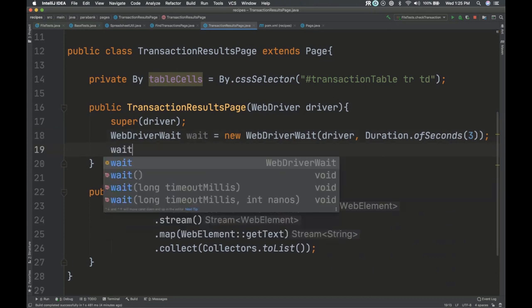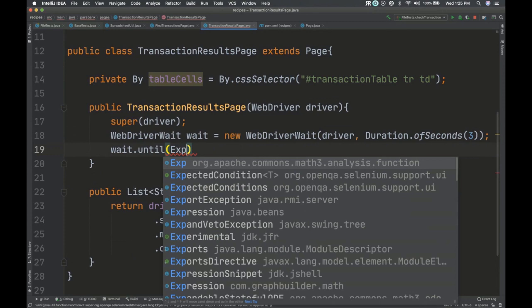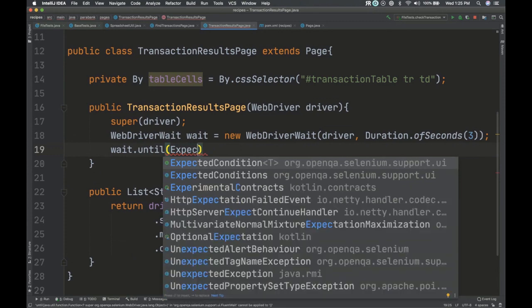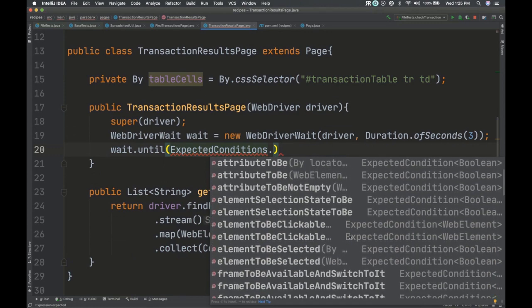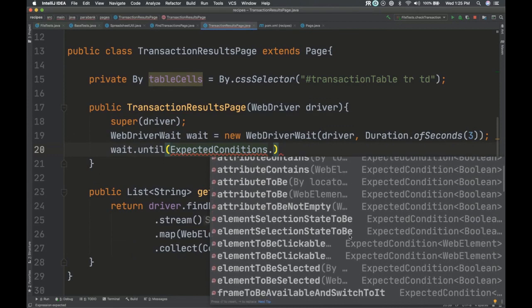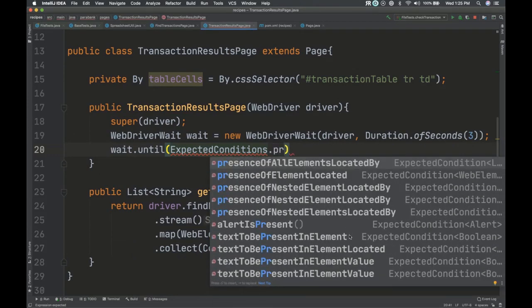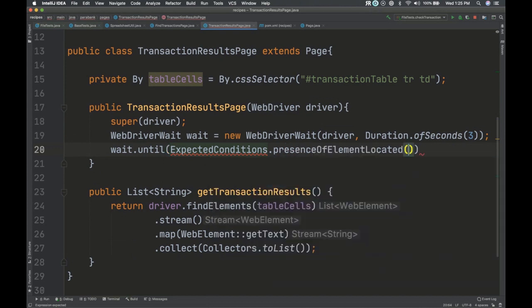And then I'm going to wait until we use ExpectedConditions. Yeah. So then you have all of these conditions you can wait for, which is nice. So I basically want to wait until that table is present. So I think there's something called presence. Yeah, presenceOfElementLocated. And then you give it a By. So I'm just going to say this is the By. I can wait for the whole thing, really. Let's just say table cells. That's safe. I think so. All right, let's get out of this and let's try to run again and see.